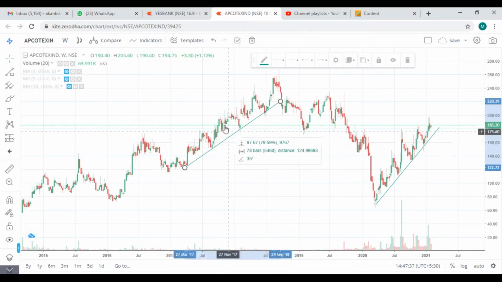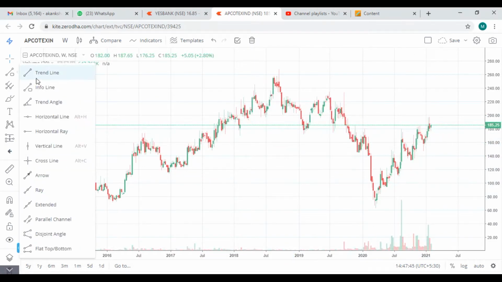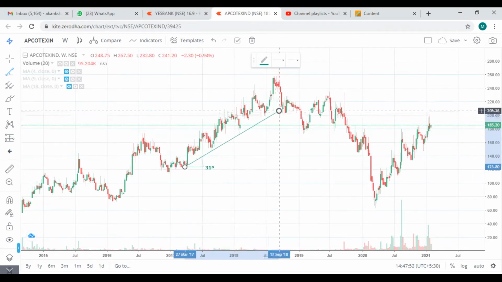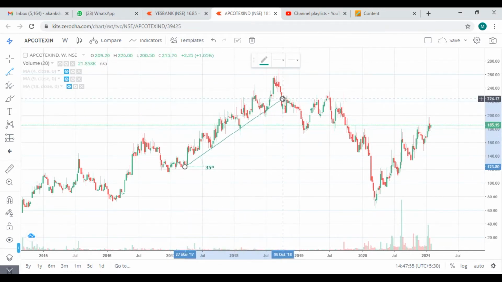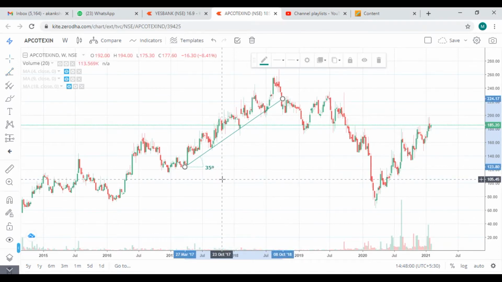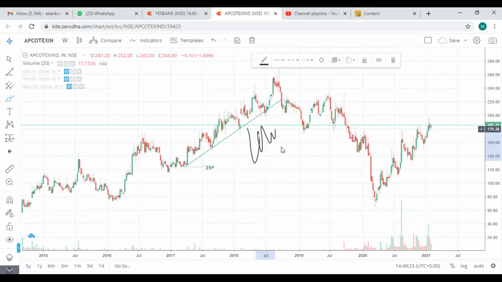Now I'm going to show you the other tools. Let me delete them first. Now we have trend angle. In the same way, I'm going to draw the trend line and it will help me understand the angle of the trend. So this is 35 degree. You can see here it is 35 degree. See why angle is important. Below 35 degree, if your trend is below this area, that means your trend is moving too